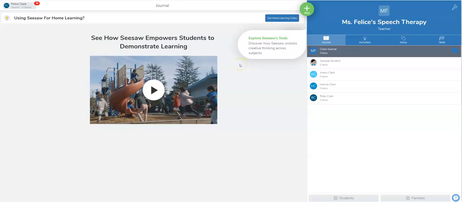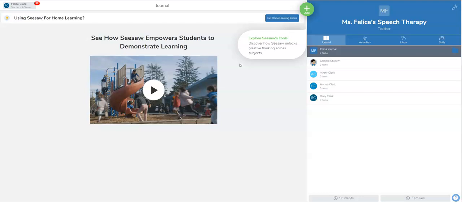Hey there, SLPs. I know some of you are using SeeSaw to create lessons for distance learning. I'm hearing a lot of SLPs that are just doing a co-class with their teachers, which is where I think I'm going to be leaning if I use SeeSaw. We're not really sure what the district wants, so I'm either going to be a co-teacher for Google Classroom or